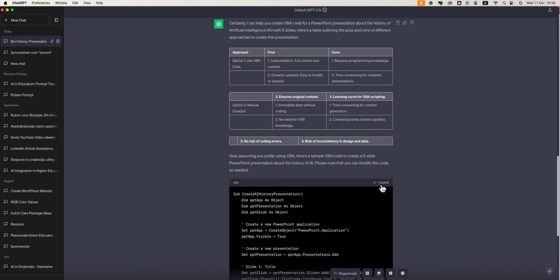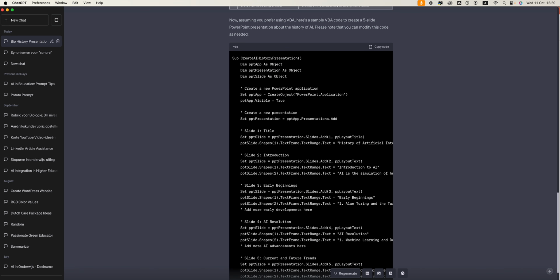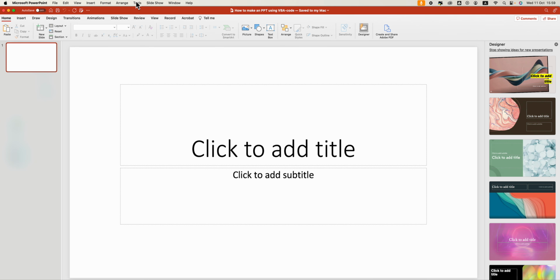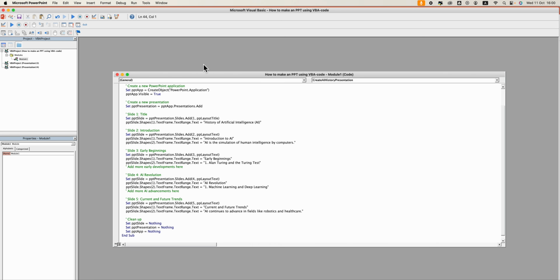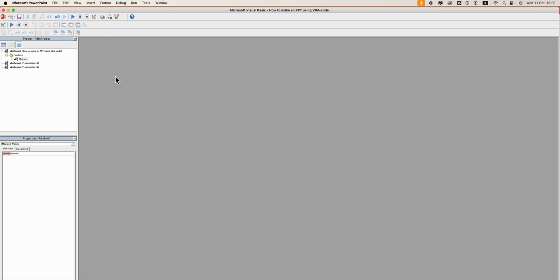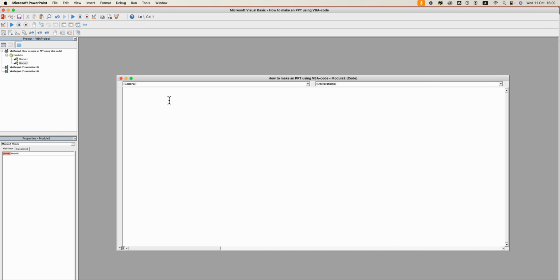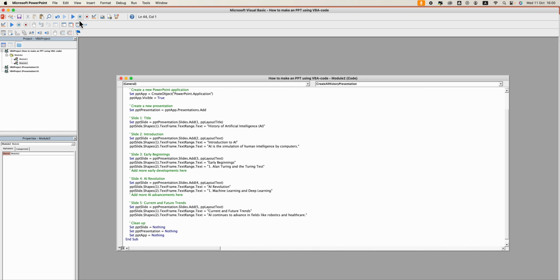You copy the code and you go to PowerPoint, go to Tools, Visual Basic Editor. The code already is here because I pasted it there already for you, but I can show you how you do it one more time. You just add a new one, you paste the code here, you run it,